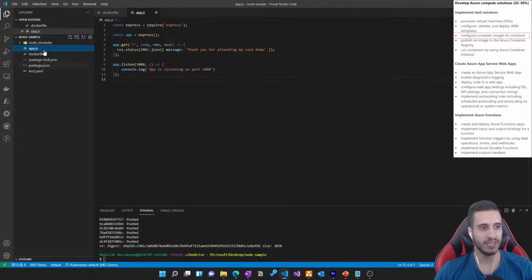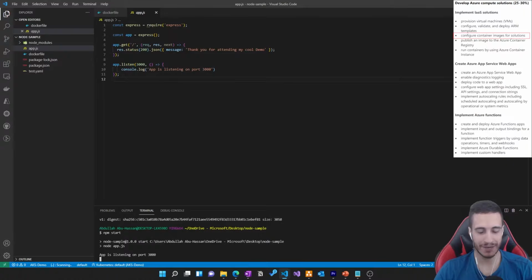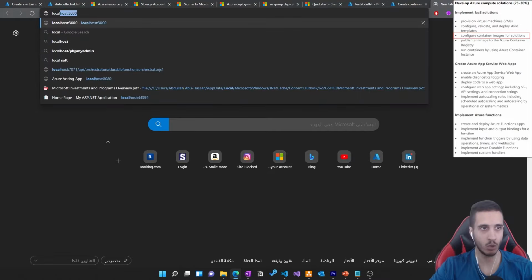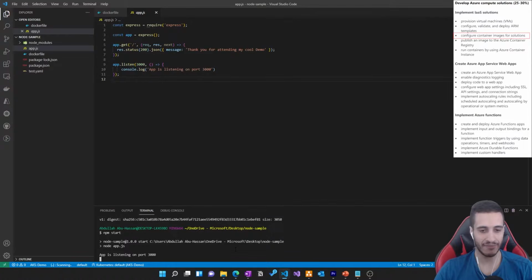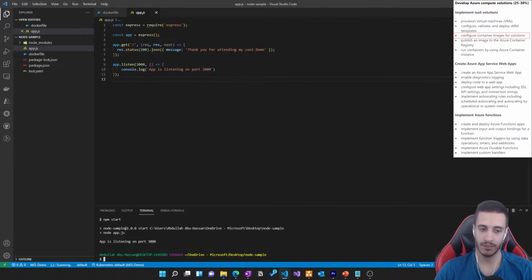So here I have my application folder. It's a very simple application, but if I type npm start to run my application, this application is actually running on my local machine. So if I go to the browser and type localhost:3000, I will have this working application. But again, at the end, it's running on my own personal laptop. What if I want to have this application run inside a container, so not on my machine? I would obviously have to containerize it,